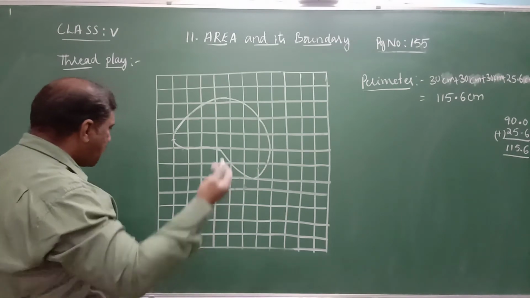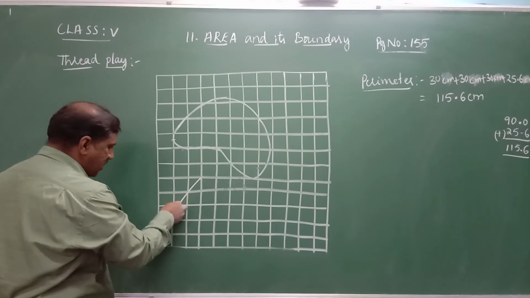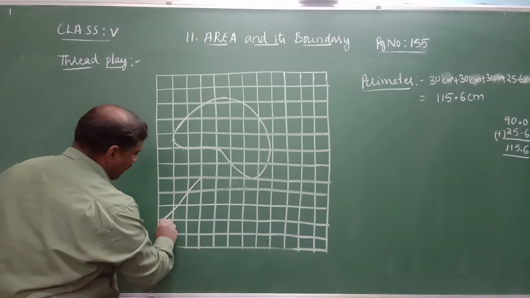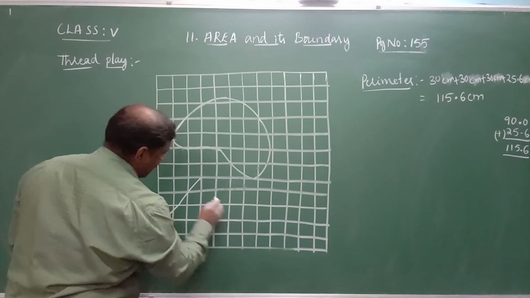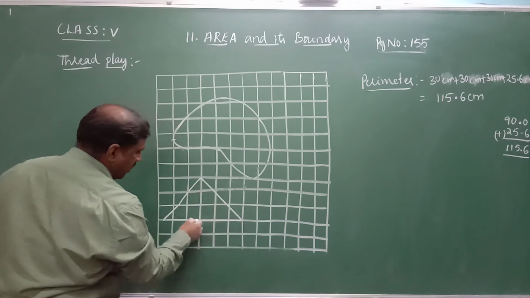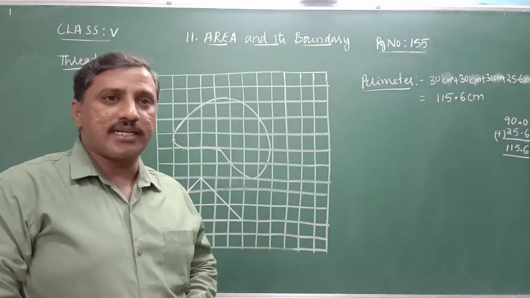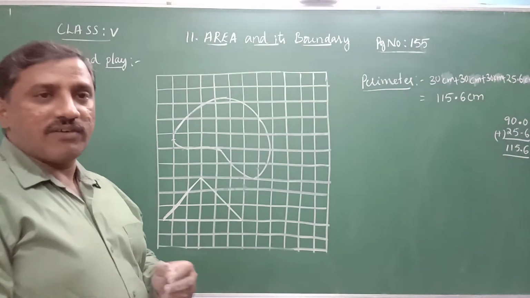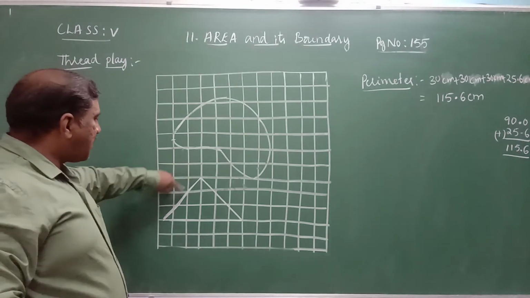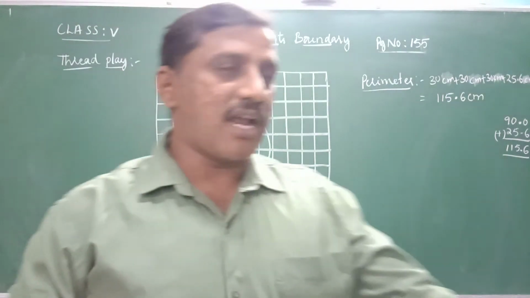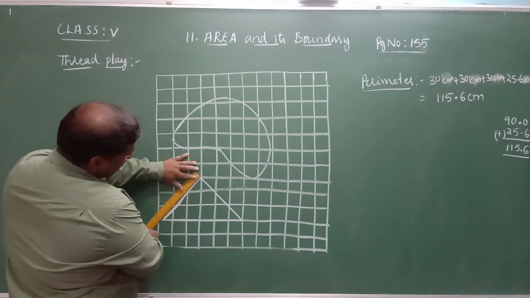You take one more. So now what am I using here? A triangle I am using. Then how do we find the perimeter of this triangle without knowing these measurements? You can take not only irregular shapes, regular shapes also. How to find its length? Use your scale, and you can find it for this triangle. Why? Straight line segments are there. So we can use this scale and find the perimeter. Perimeter is equal to the sum of the lengths of all the three sides.